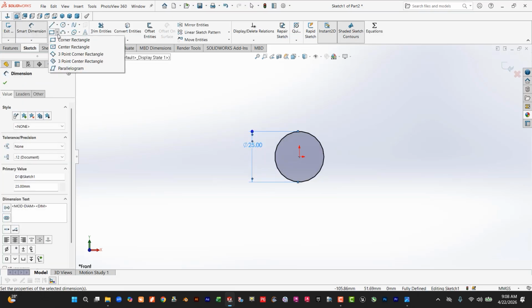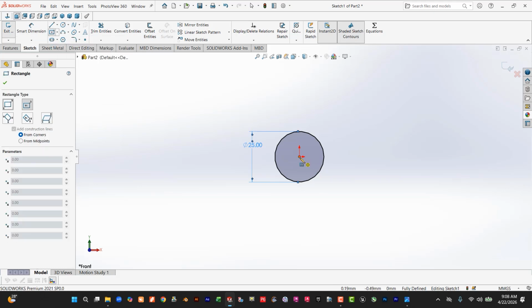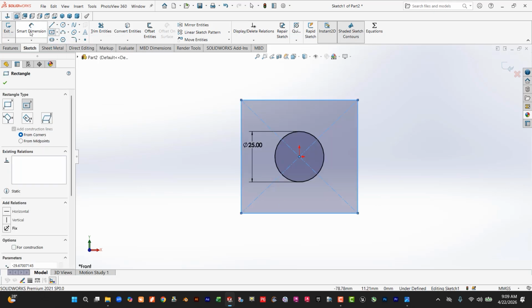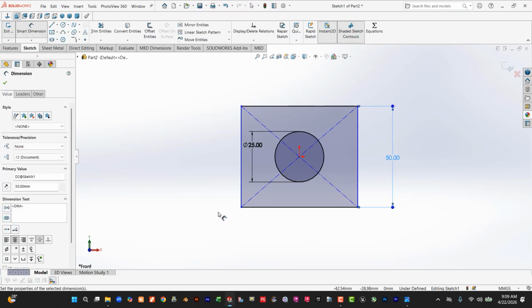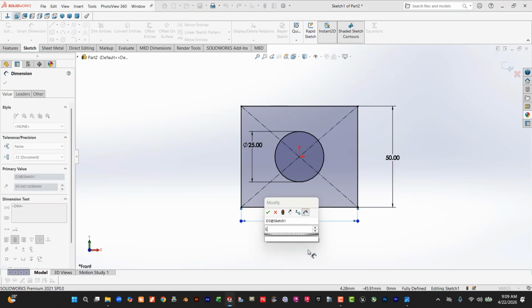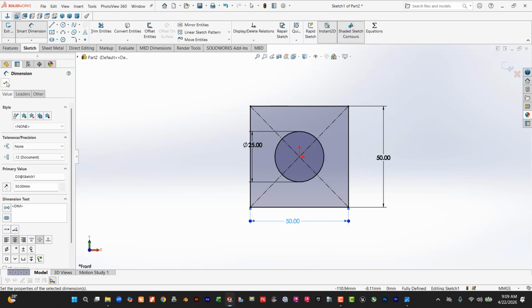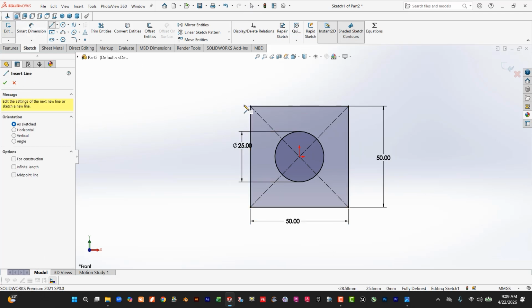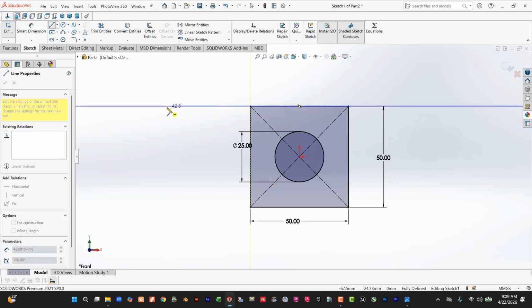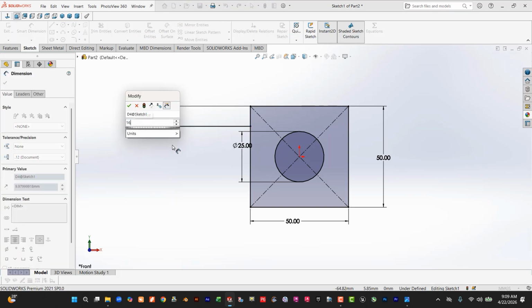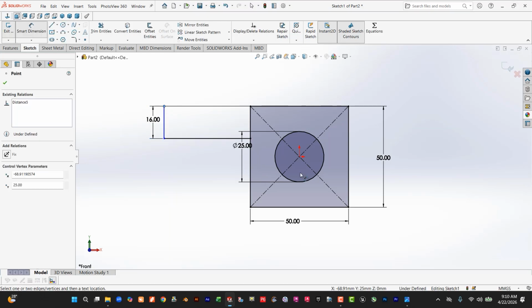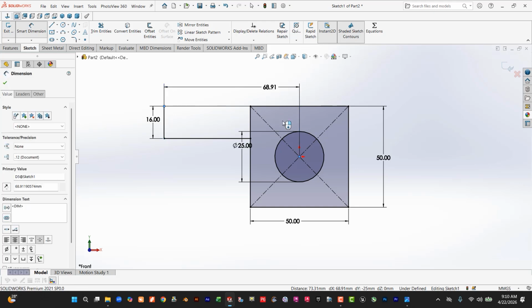Then select the center rectangle, okay. Smart dimension is 50 and this dimension is also 50. Then select the line, something like this, okay, and close. The smart dimension is 16 and the distance from here to here is